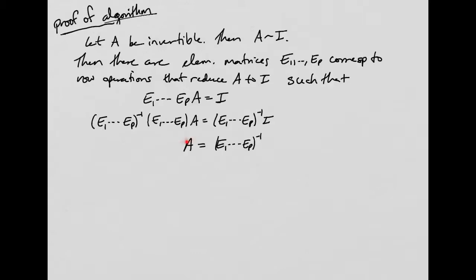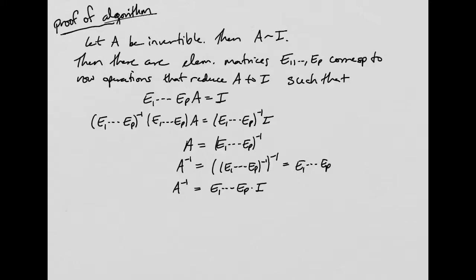Now the next thing I want to do is take the inverse of both sides, which I could do because I know A is invertible, and of course this is invertible. So when I do that, I get A inverse equals the inverse of this product's inverse. And we know from another property that when you take the inverse of an inverse, you just get the original thing back. So that tells me that A inverse is the same thing as the product of these elementary matrices,